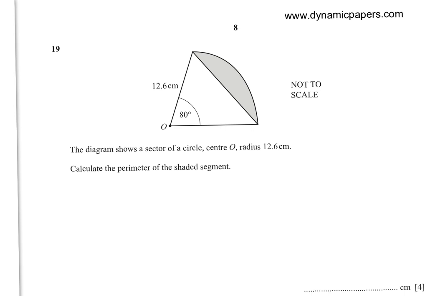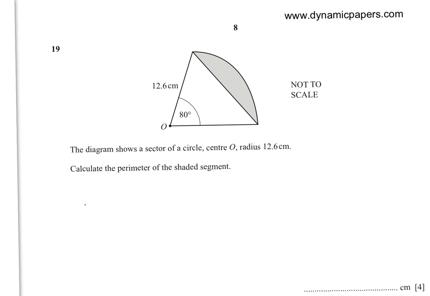Number 19. The diagram shows a sector of a circle, center O, radius 12.6. Calculate the perimeter of the shaded segment. To find the perimeter of the shaded segment, we need to find the length of the chord plus the length of the arc. For the chord, we can use the cosine rule, because we have two sides and the included angle. So the length of the chord